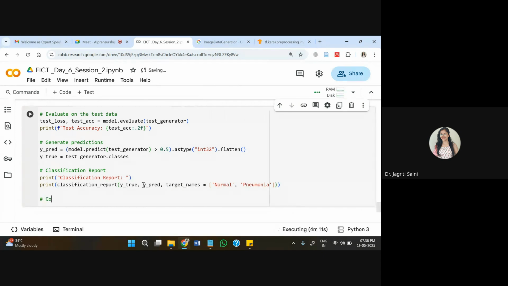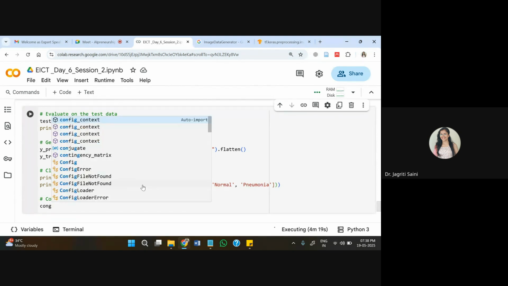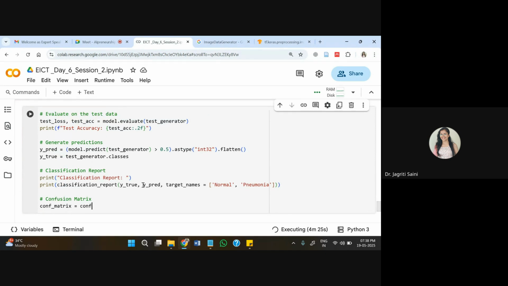And one more thing we want to design is a confusion matrix. You can create it in the form of a plot also. I'll be using it directly in the normal print format. So confusion matrix we are passing here, and I'll use the confusion matrix function that we have called right in the beginning. In the first code cell, we have already imported this.